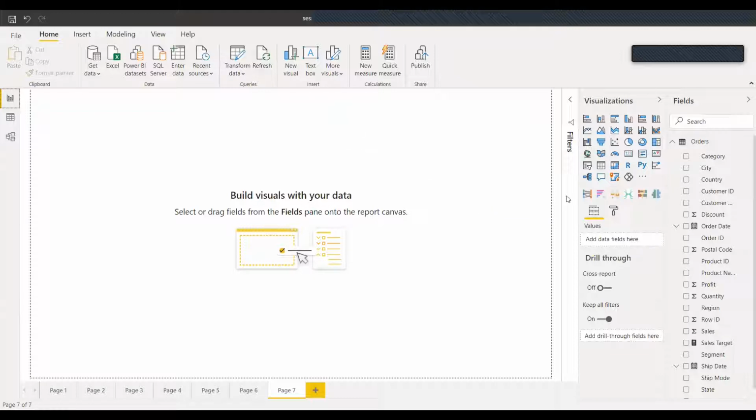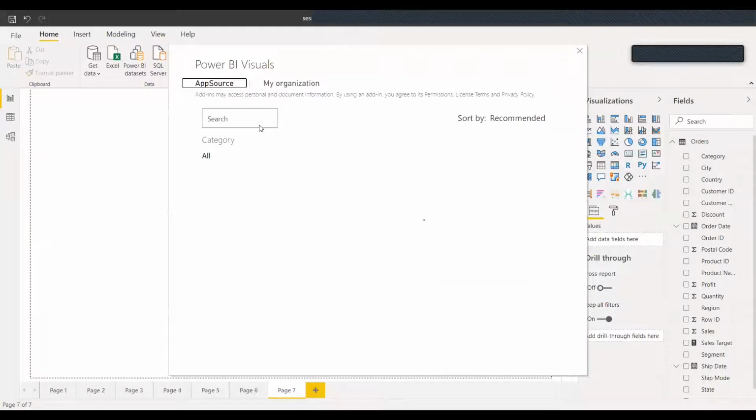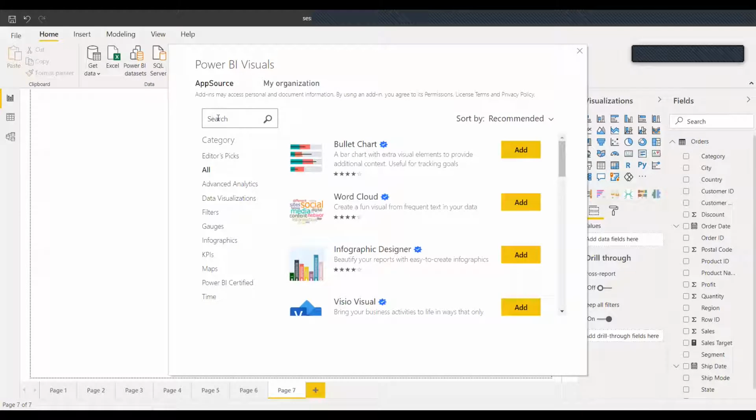So in Power BI, basically we don't have any way of creating our own custom visual. So what we can do is import our visual. Let's say we want to build Sankey, so we click on these 3 icons and go to Power BI visuals. Here you can search Sankey.